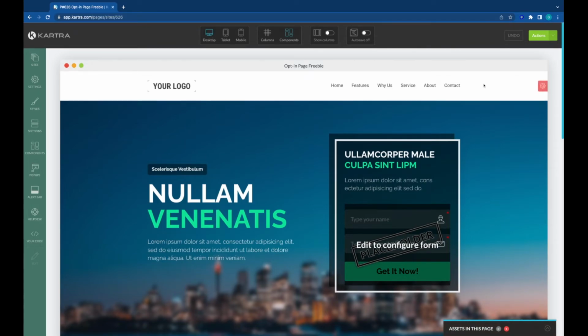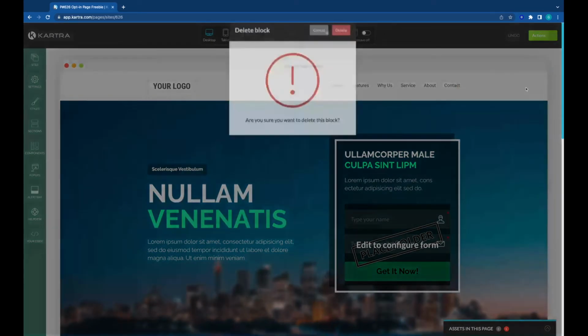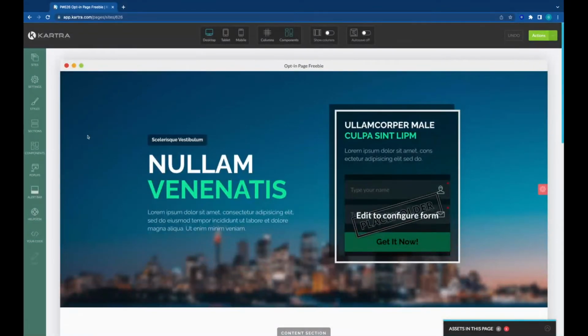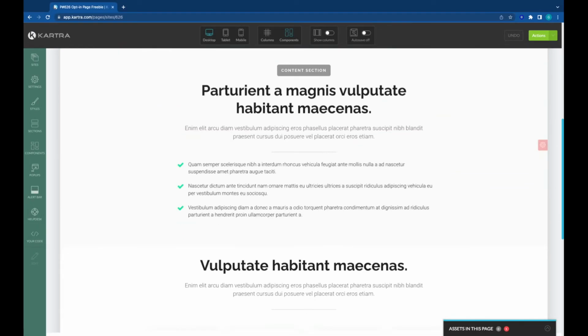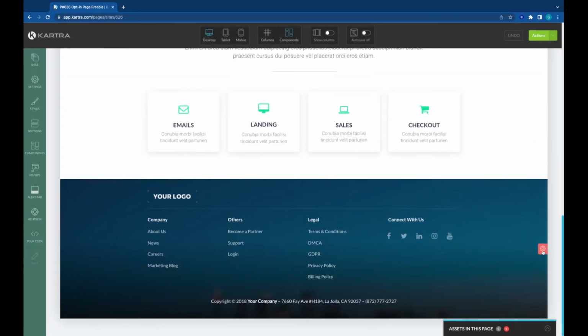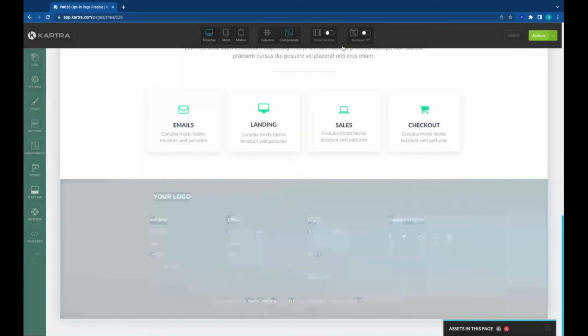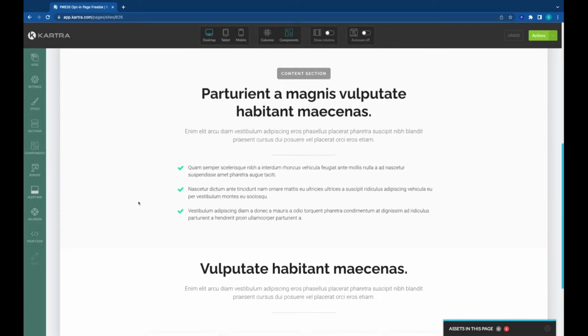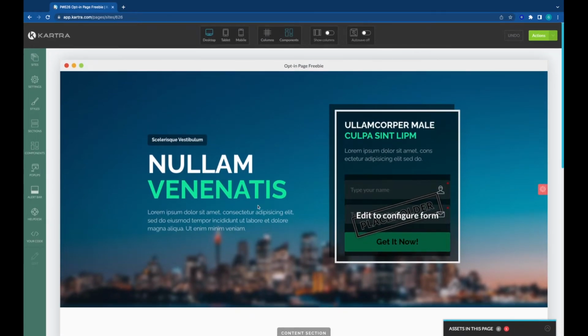So one thing that I would strongly recommend is that you don't use a menu on an opt-in page. So delete this section. You don't want distractions. You want people to either subscribe or not. So I wouldn't use a footer either. So let me show you how I deleted the section. Just come here to the gear, red gear icon, click it. You will have a menu and then go all the way to the X delete section. So this is better. You only have the opt-in information.